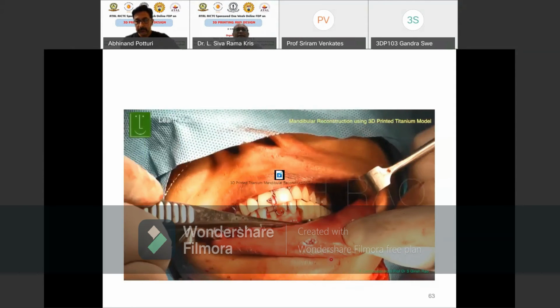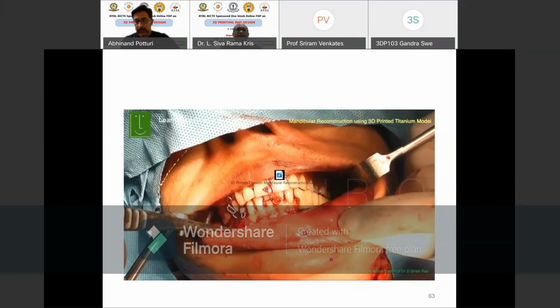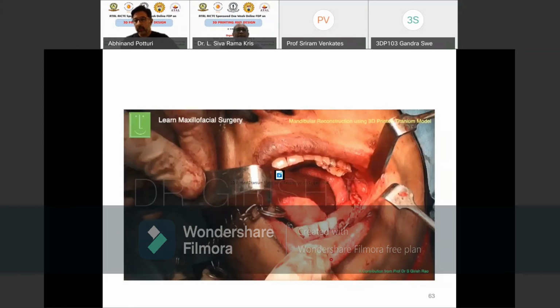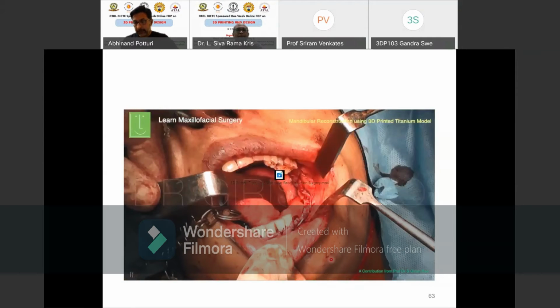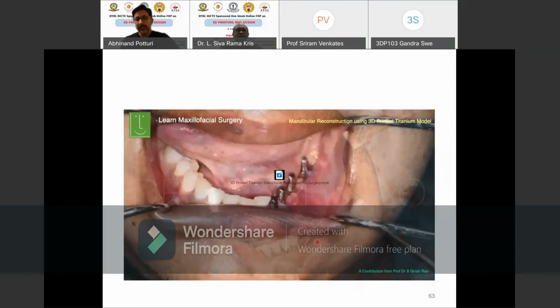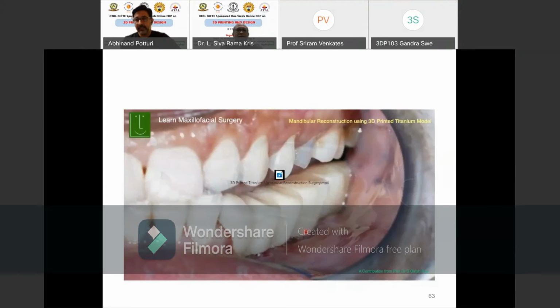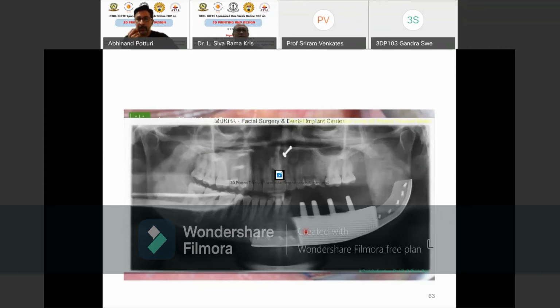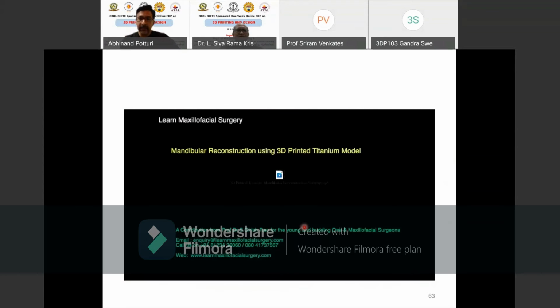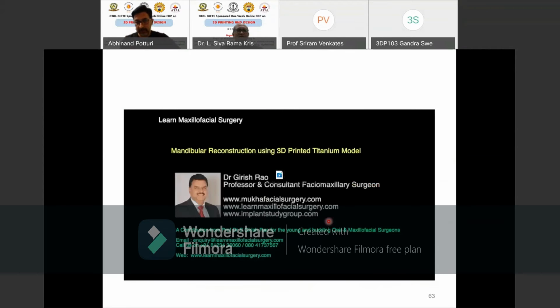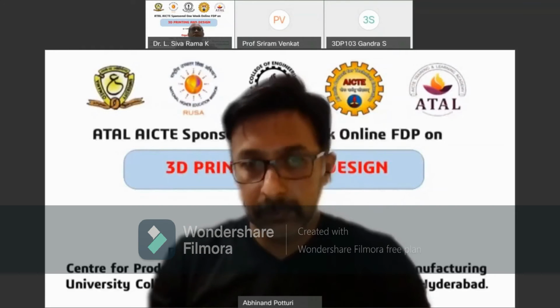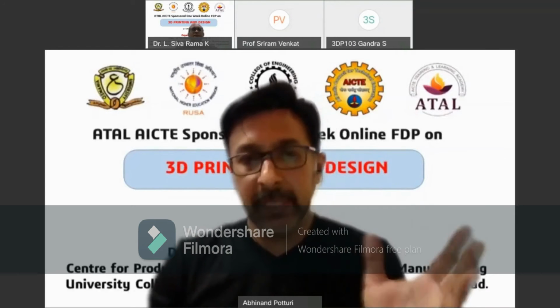How much is the life of that implant, sir? Sir, actually, it is supposed to stay lifelong, sir. But because it is a metal, it is known to get rejected after, say, 2 to 5 years. Means some part of the metal will come out and be visible. At that time, we will have to remove it and again put a bone in that place, sir. But at least to some extent, it will help. At least for some time it will be there, sir.